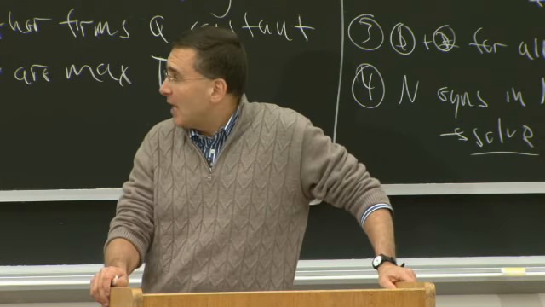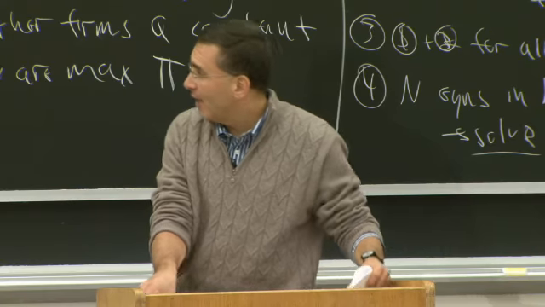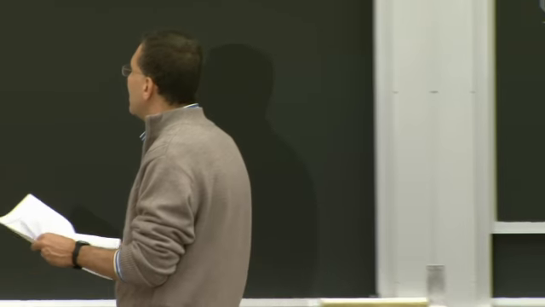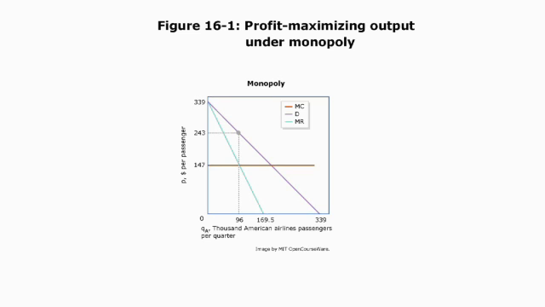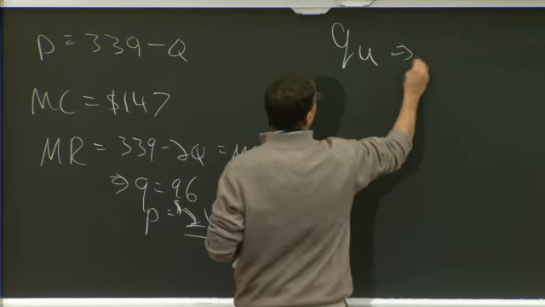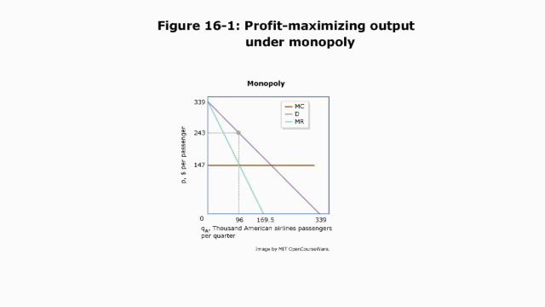However, now let's say American recognizes that United is in the market. American recognizes that United is going to deliver some amount of flights, Q sub U. They don't quite know yet what it is, but they know there's going to be some amount of flights Q sub U. So the residual demand for American is Q sub A equals total demand minus Q sub U. That's their residual demand.